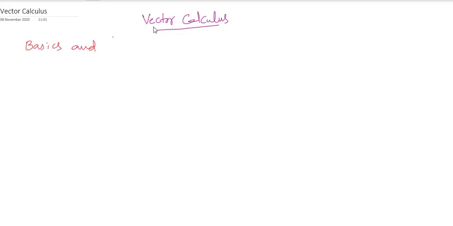Basics and definitions. You know, vector is nothing but what? Whatever analysis you've done so far for both real as well as complex, the same I'm just applying with respect to vector. So a vector consists of what generally? It has both magnitude as well as direction. Am I right or not? So you will concentrate much more on the direction, so that comes under the part of vector calculus. Clear with my point?